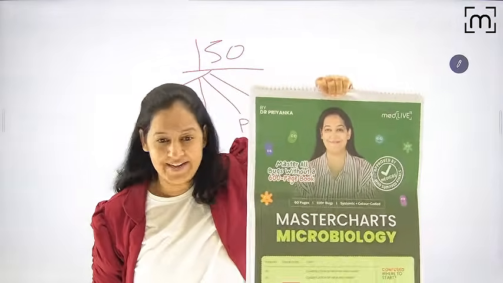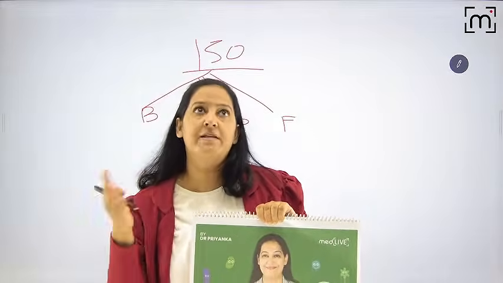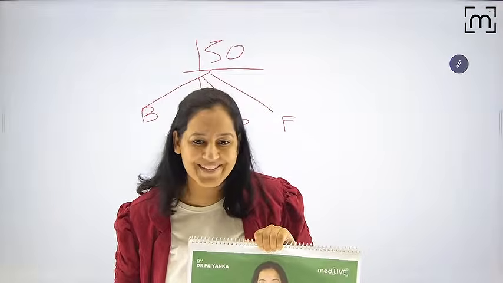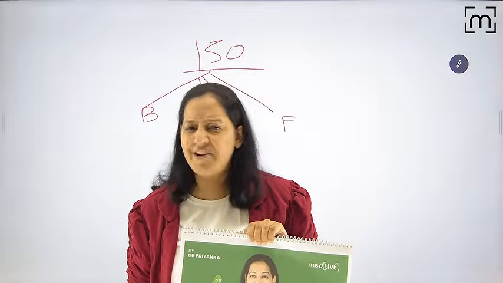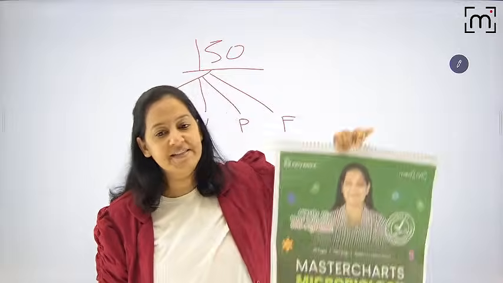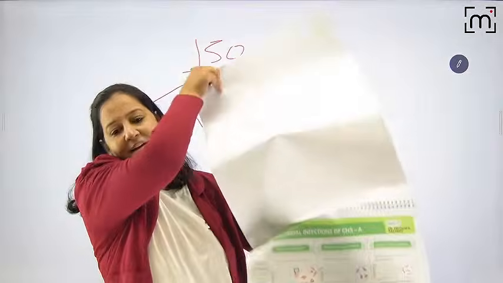It's a calendar. It's not a book, but it's a replacement of the book. For a book, you have to take the book and read it for hours, and still you don't remember it. How many pages does your standard textbook of microbiology have? I think 800 or 1000. This is just 66 pages, and that too in a calendar format.